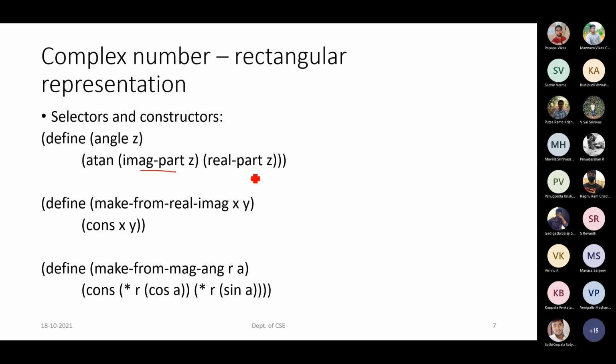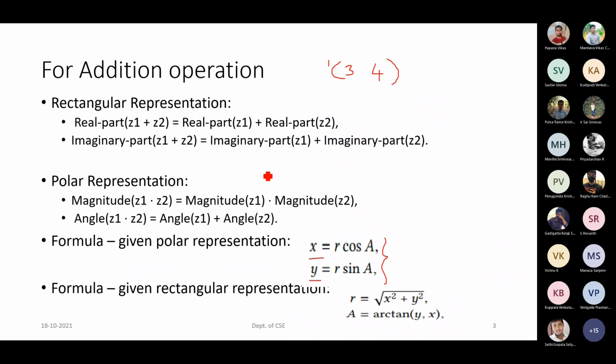What I meant is it's y in the sense which is nothing but the second value of it. So y by x is the value which we will be passing. So we are taking the second part. Since we wanted the second part of it, we are calling the imaginary part of the complex number and the real part of the complex number. If you want to see the formula, it is something like this: tan inverse of y comma x.